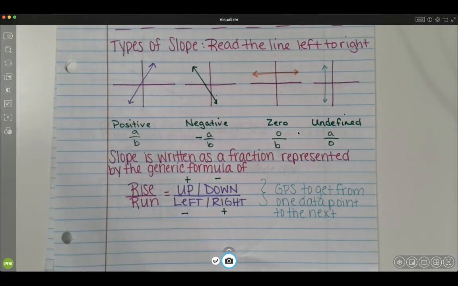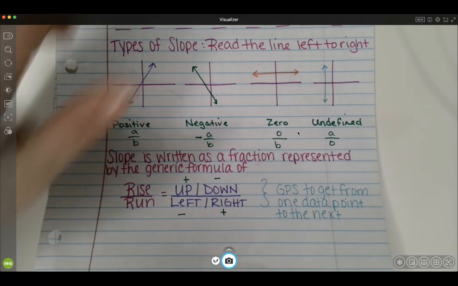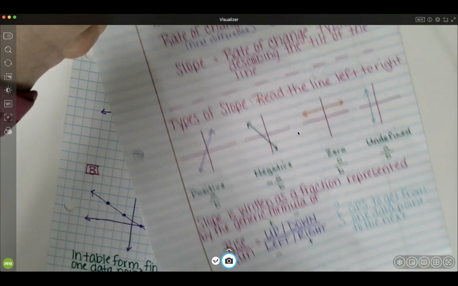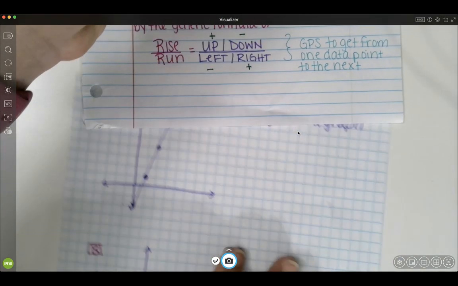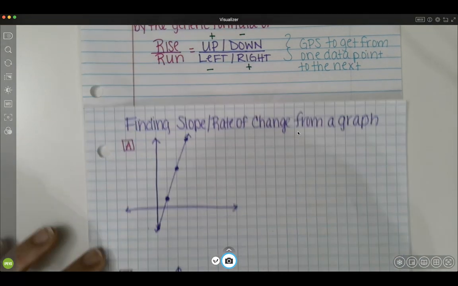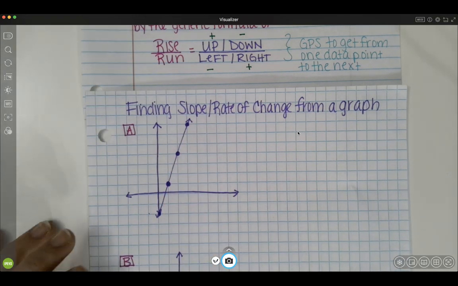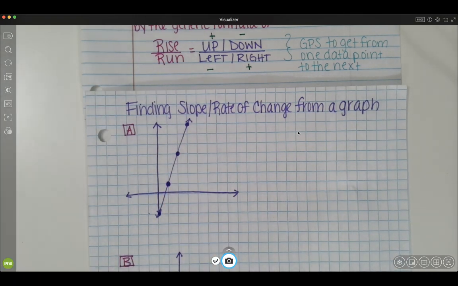All right, so we're going to go ahead and switch then to graph paper. And using this concept of up, down, left, right, we're going to find the slope of a couple of lines. So we're going to keep that up top there. We're going to find the slope and rate of change from this graph here. I have a graph on graph paper, and I have my data points illustrated. The first thing that we're going to do is